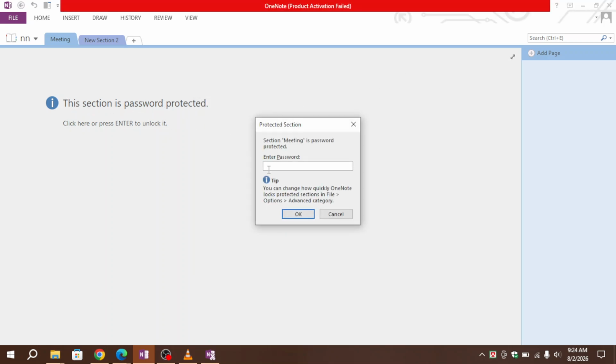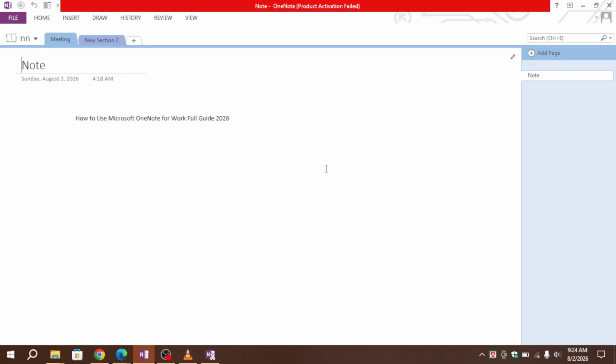Keep in mind that password protection is available only for notebook sections and is supported primarily in the desktop versions of OneNote. Some mobile and web versions let you view protected sections but offer fewer password management options, and that's how to password protect notes in Microsoft OneNote. Adding a password to important sections is a simple way to keep sensitive information secure while still enjoying all of